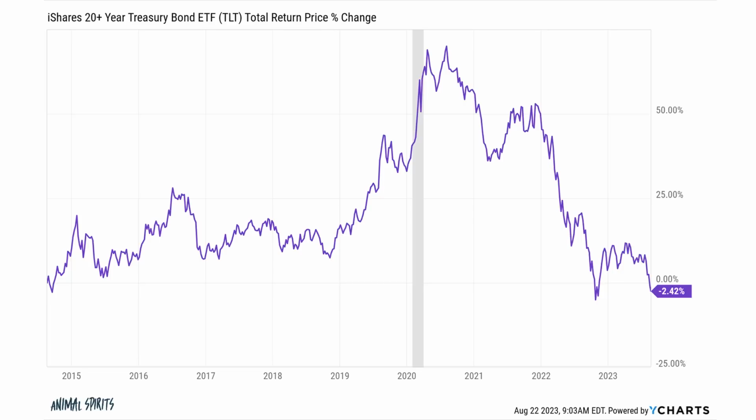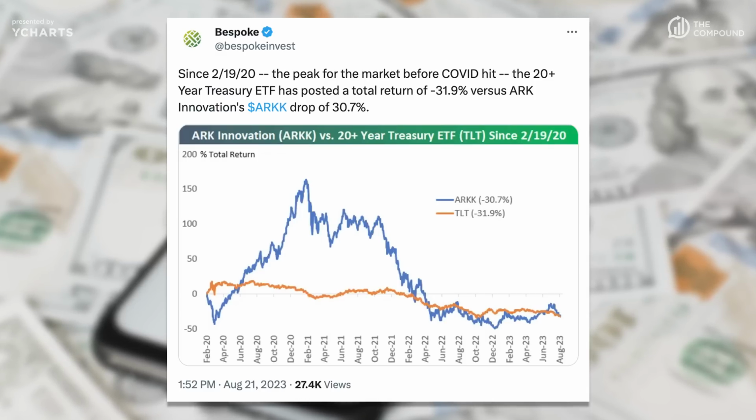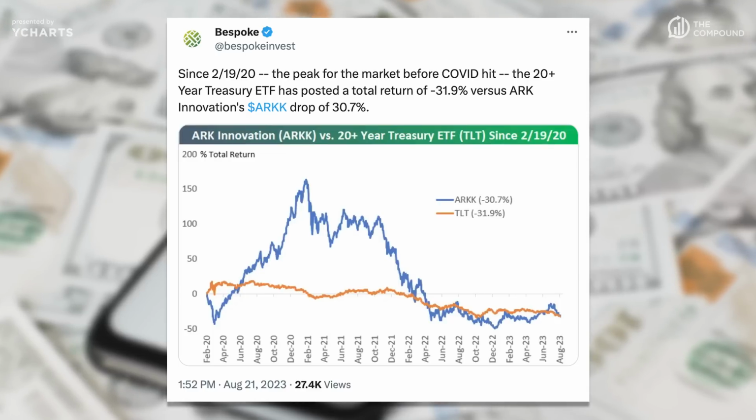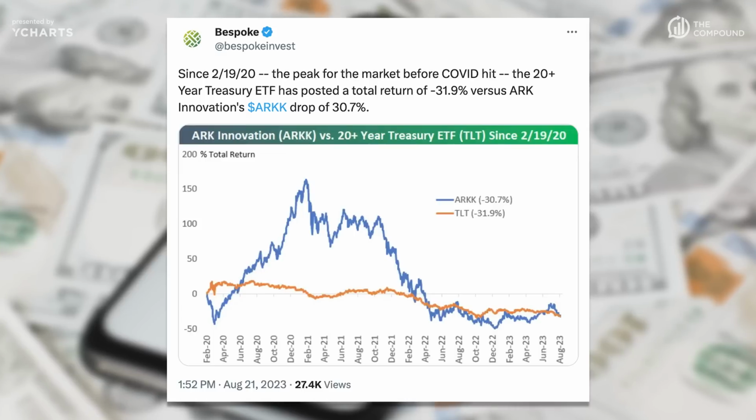Now we're closing in on a lost decade in long-term treasuries, which is kind of nuts considering how great things were coming into 2020 with these. Yeah. So Bespoke had one too. Since February 19th of 2020, which was the peak of the market right before COVID hit, TLT has posted a return of negative 32%. ARC is down 31%,